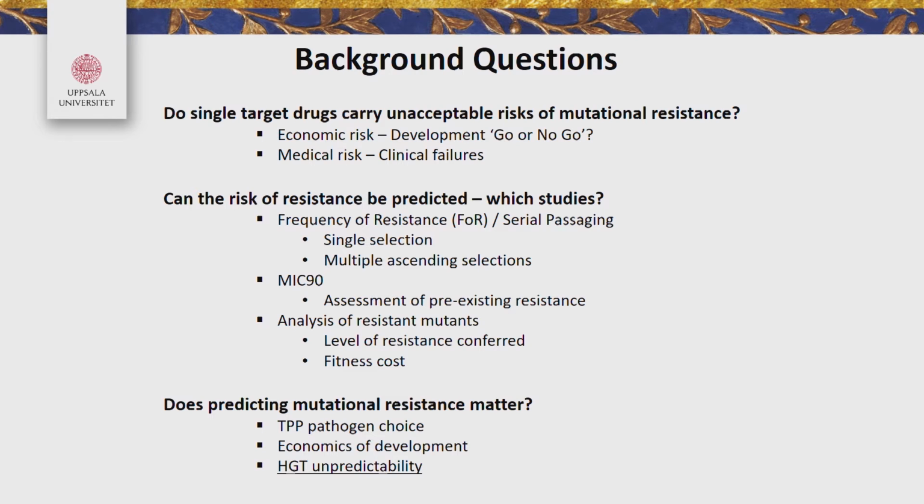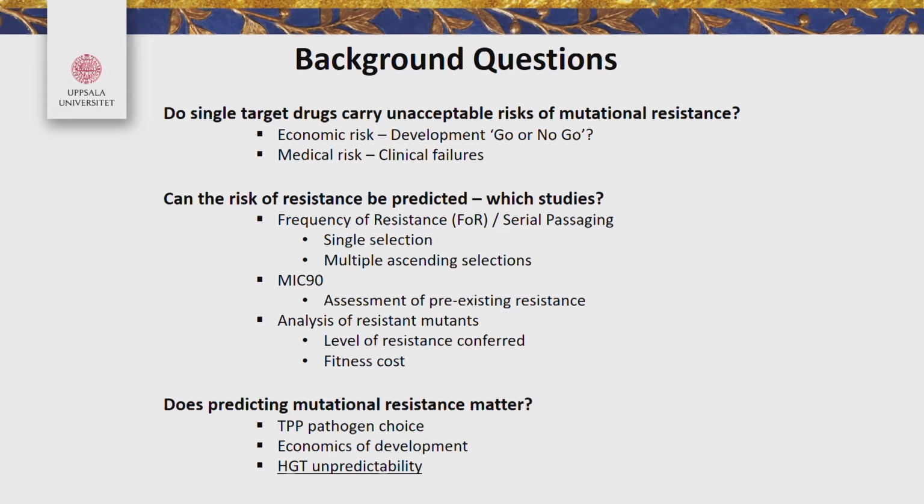Now, additionally, there's a question, does predicting mutational resistance matter? And it matters in the sense of choosing your TPP. What organisms are you going to target? Because I think that the resistance can really inform what possibilities you have for targeting different organisms. And then the economics of development. You know, is your chosen TPP broad enough? Is there enough demand to make it economic to continue developing your drug? And then ultimately, underneath all of this,